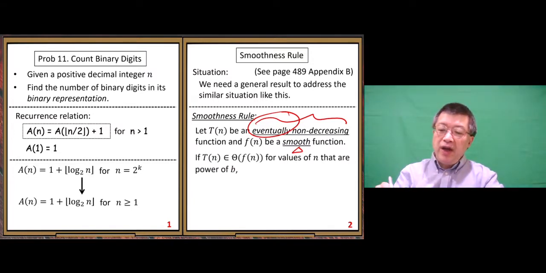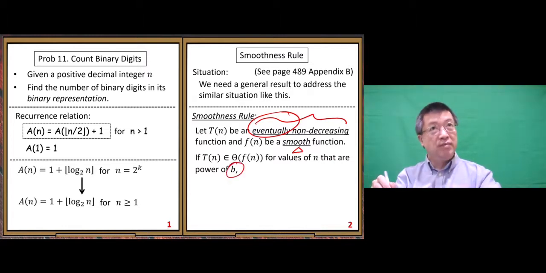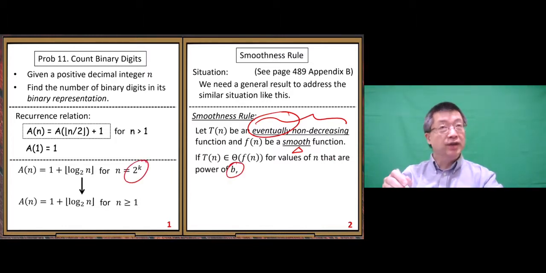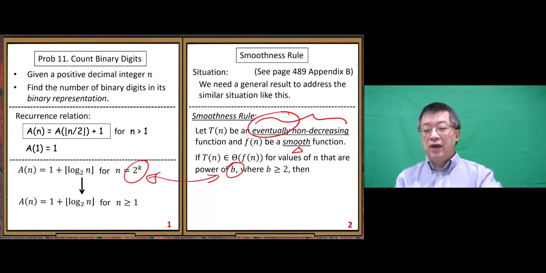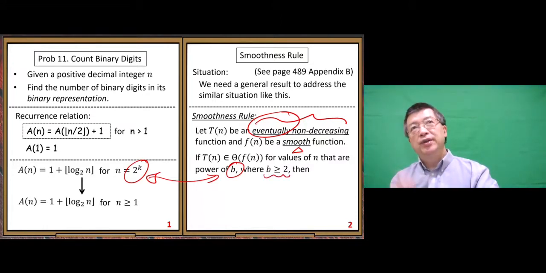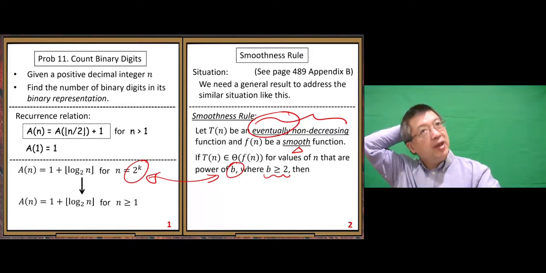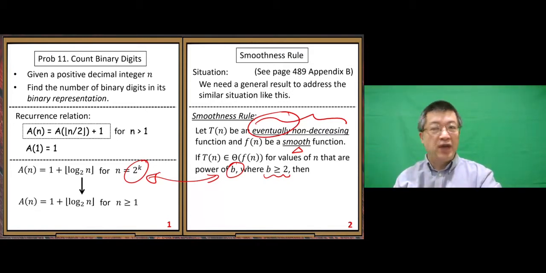Okay. If T of n belongs to big theta of f of n for values of n that are power of b. See, power of b, power of 2. Okay, so that's the same situation. Where b greater or equal to 2. So not necessarily 2, could be other b numbers. If you can prove that, then T of n also belongs to